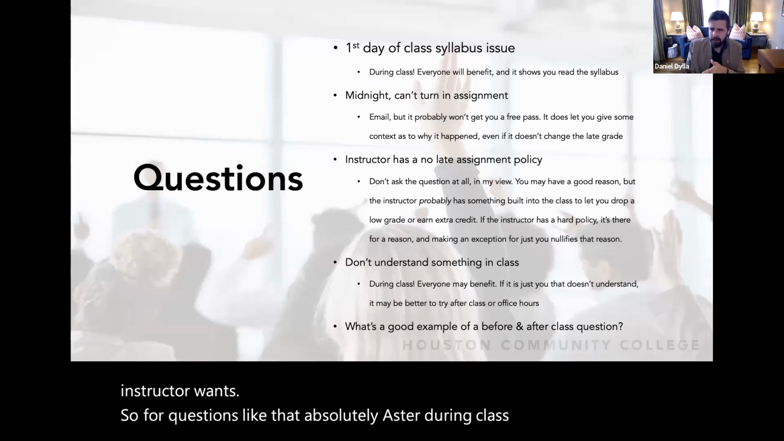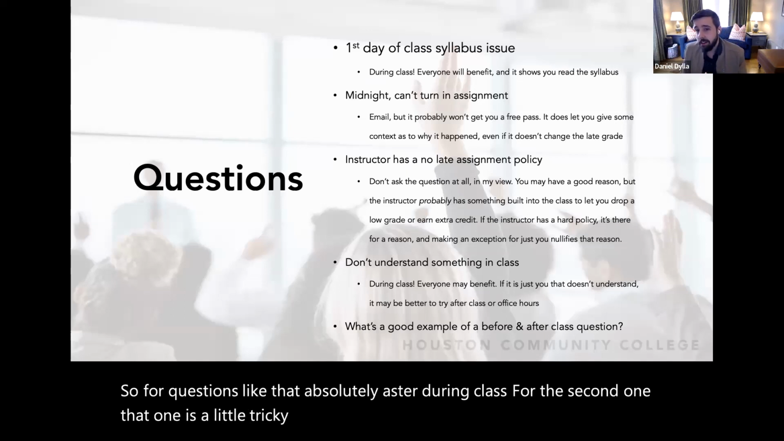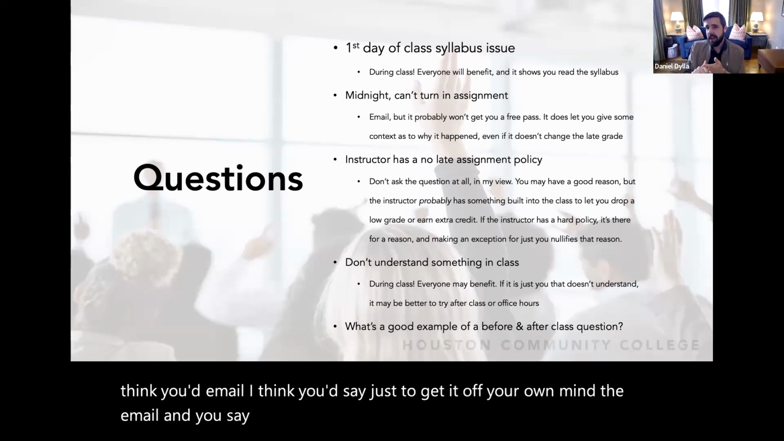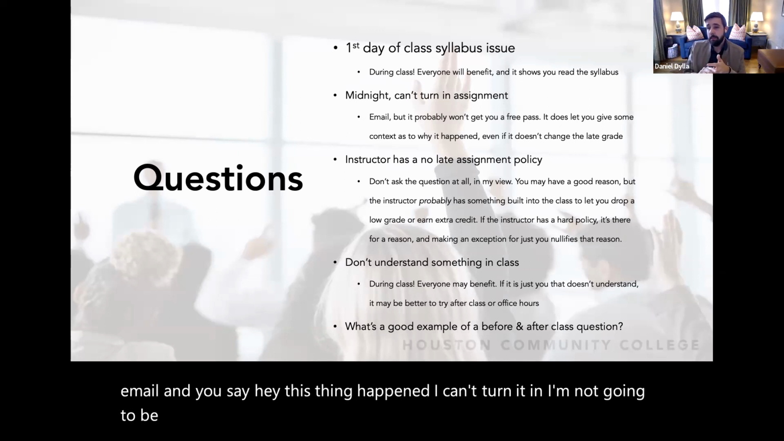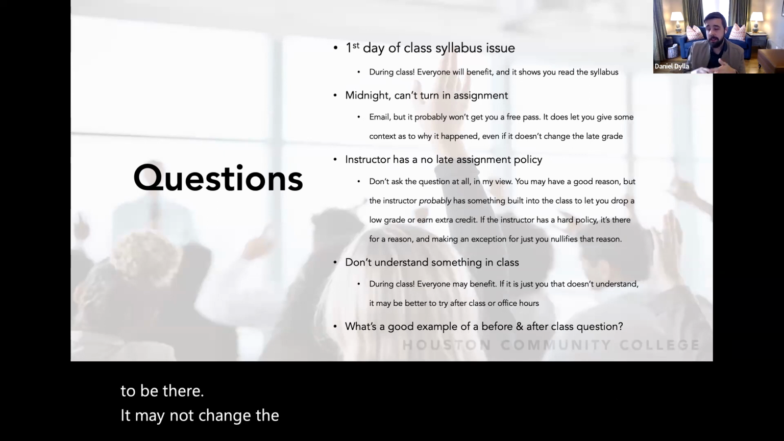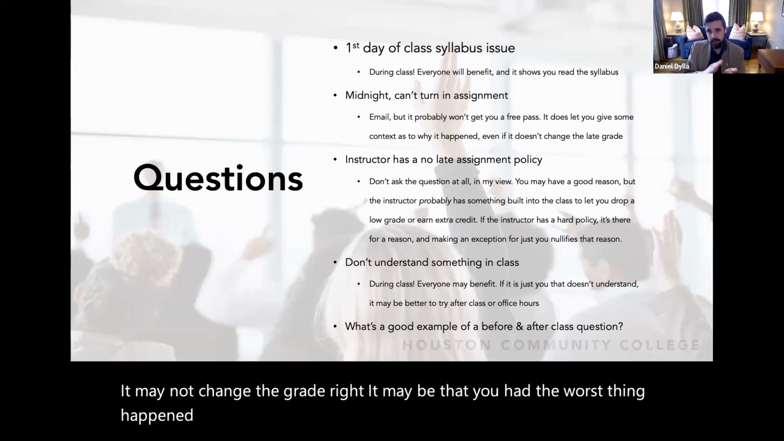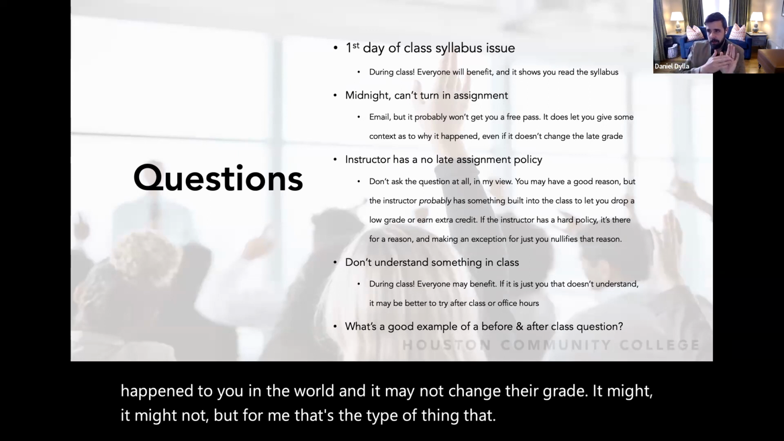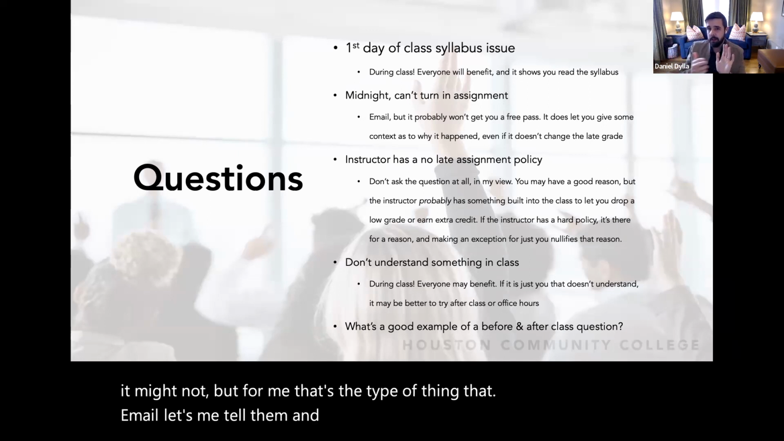For the second one, that one's a little tricky, right? You can't turn it in, you've got to let them know. I think you'd email. Just to get it off your own mind, you email and say, hey, this thing happened. I can't turn it in. I'm not going to be there. It may not change the grade, right? It may be that you had the worst thing happen to you in the world, and it may not change the grade. It might not. But for me, that's the type of thing that email lets me tell them and let me think less about that thing and worry about the other part